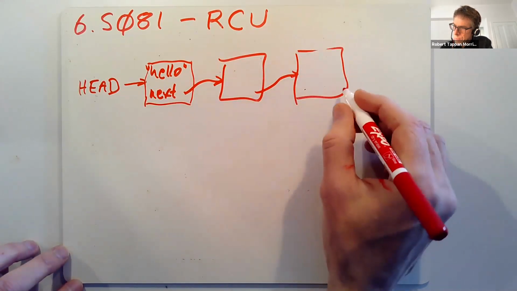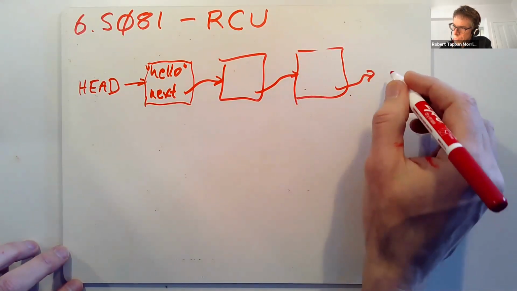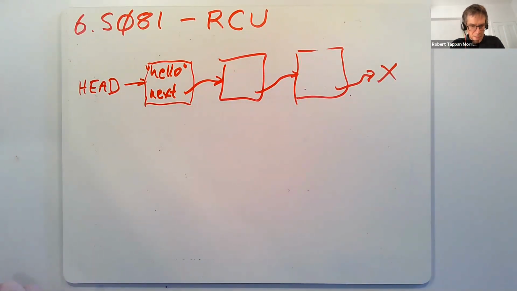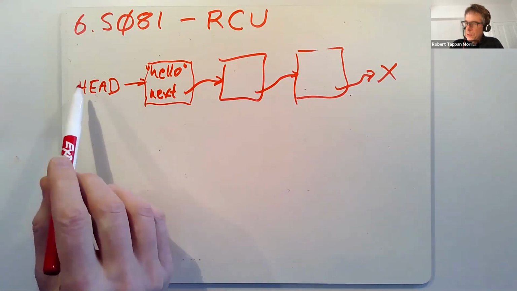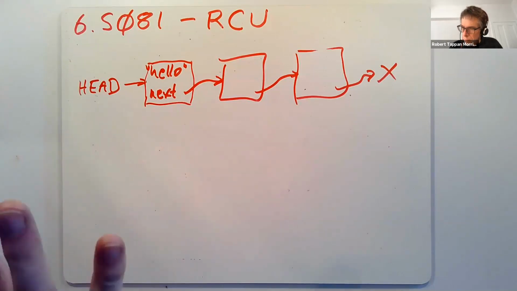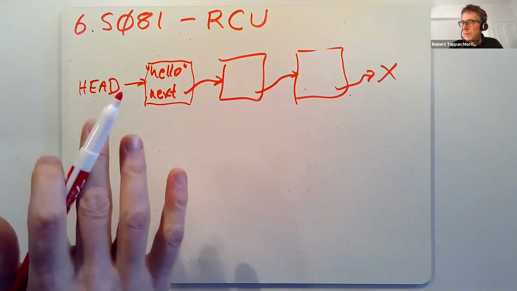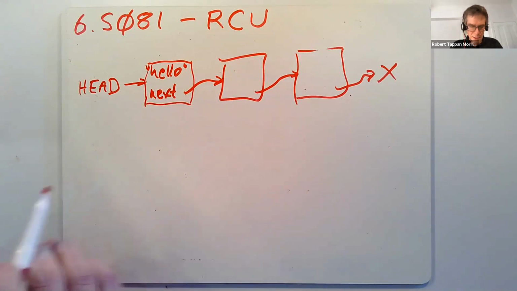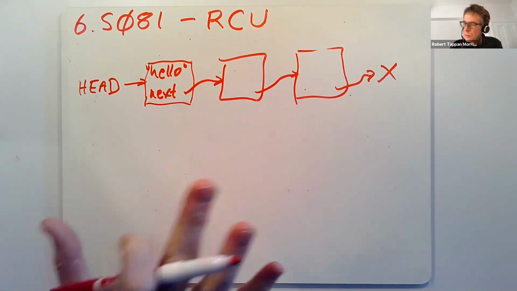And then finally, there's a pointer that points to 0 to mark the end. So very straightforward. And again, we're going to assume that most uses of this list that we're interested in are just reads. The kernel thread or whatever it is that's using this list is just scanning the list looking for something. It's not trying to modify the list. And occasional writers, though,